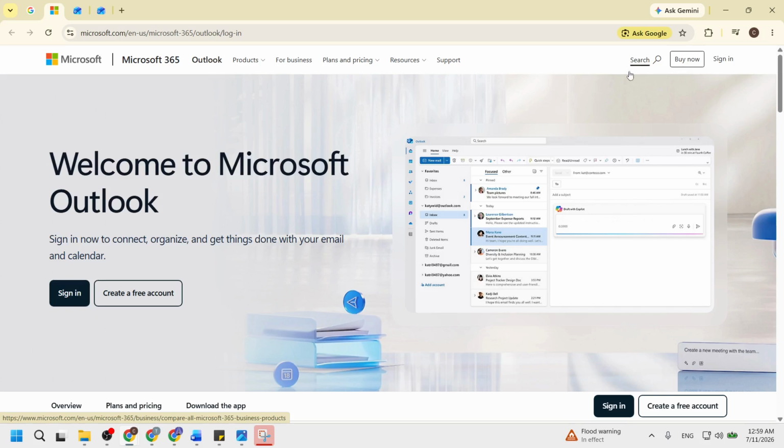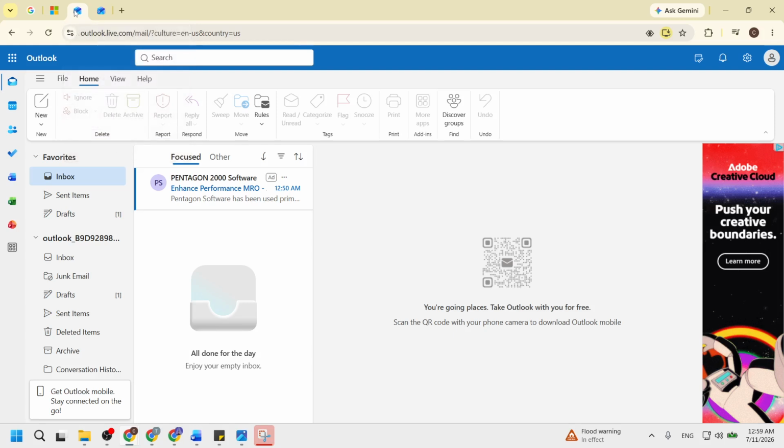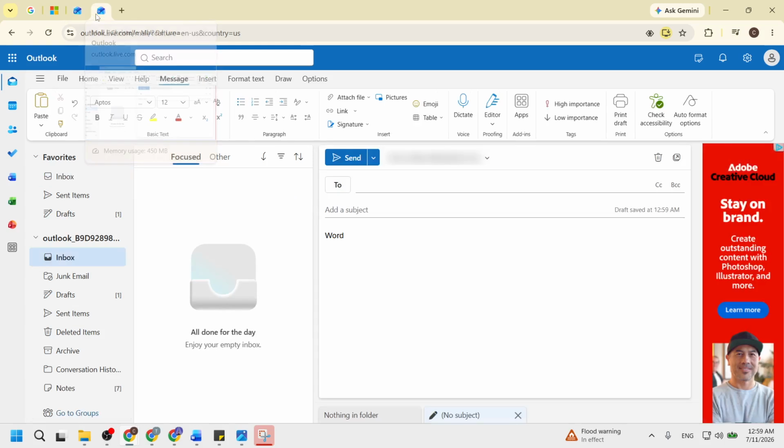Once you've logged in, you will see your inbox and various options for email management. At this point, you can click on New Mail or choose to reply to an existing message. To do this, look for the option on the left side of the screen. If you are composing a new email, the interface will open a blank message window. If replying, the original message will appear with a text box below it.